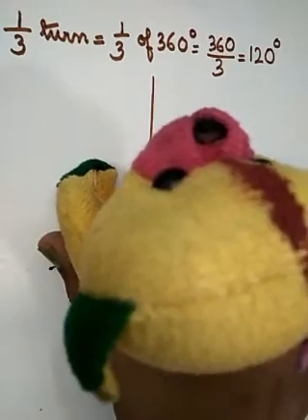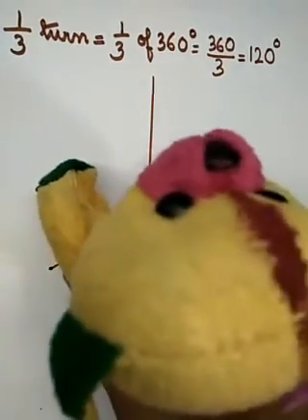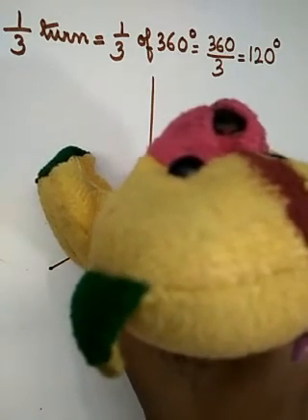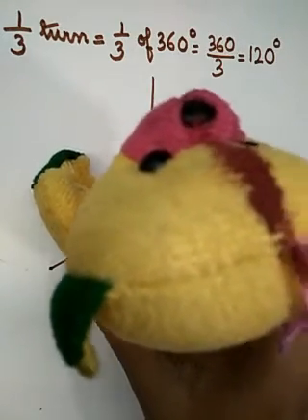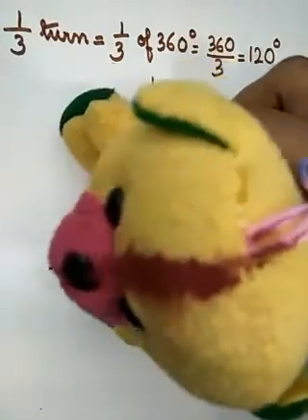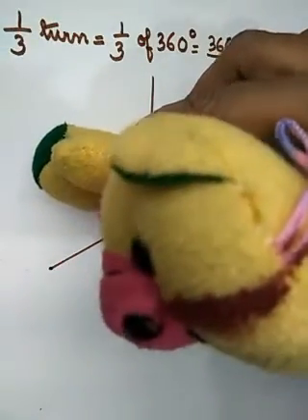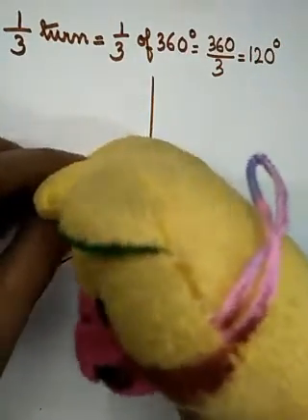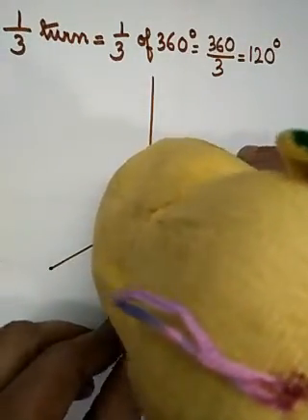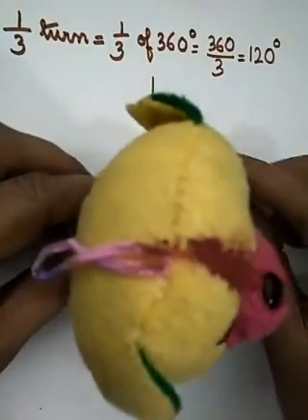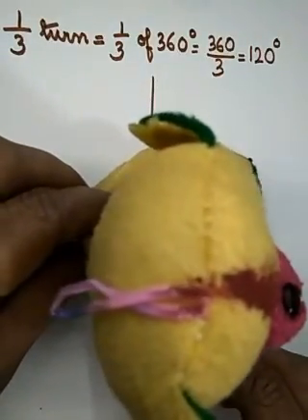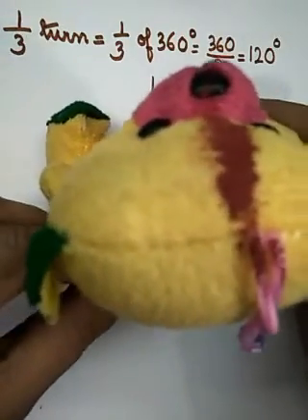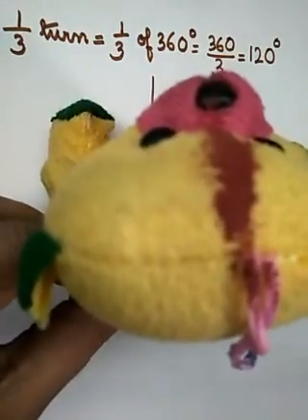Okay, I will show you once more anti-clockwise. So ये उस तरफ देख रही है. Okay, now you see 1/3 turn anti-clockwise. So 1/3 turn anti-clockwise. Okay, पहला 1/3 turn हो गया. Then one more 1/3 turn anti-clockwise, right? And 1 more 1/3 turn anti-clockwise. Now she is back to her position.